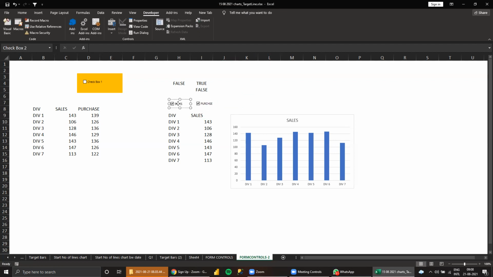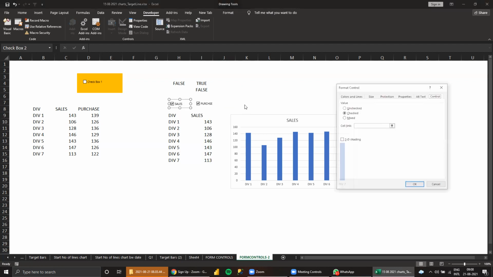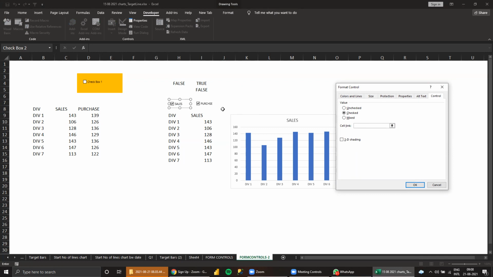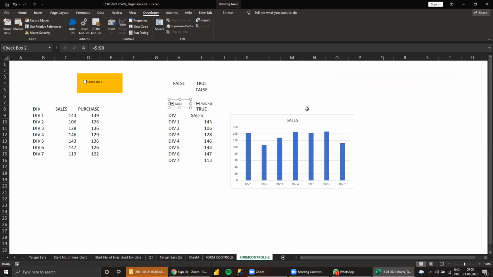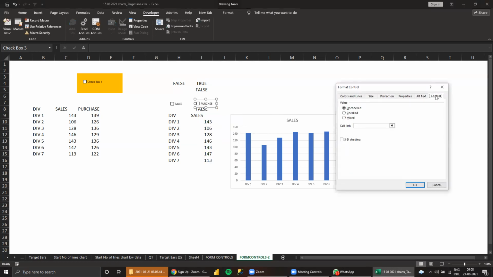Now this link, form controls, this link I can give anywhere you want. So I give the link to this.